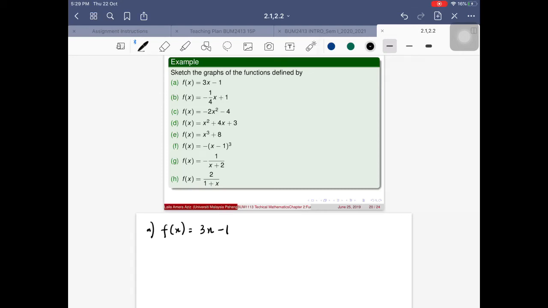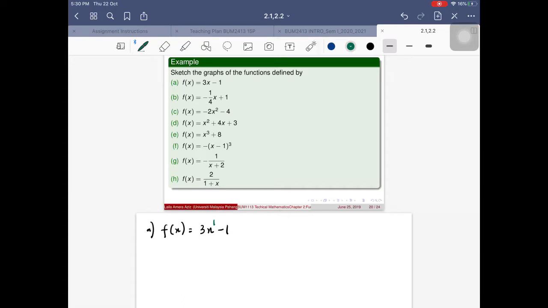Right, so let me show you some examples on how to sketch functions. Let's start with the easiest one, which is going to be a linear function. I have f of x is equal to 3x minus 1. Judging from the fact that this is to the power of 1, we know that this is going to be a linear function. And we know that the graph of a linear function is going to be a straight